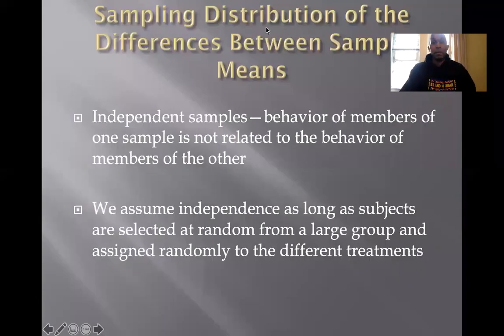All right, so first you have to make sure, when we have independent samples, that the behavior of members of one sample is not related to the behavior of members of the other. So in our case, we have contact sport athletes and non-contact sport athletes, and we're testing cognitive performance. We don't see any relation between the two. We assume independence as long as the subjects are selected at random from a large group and assigned